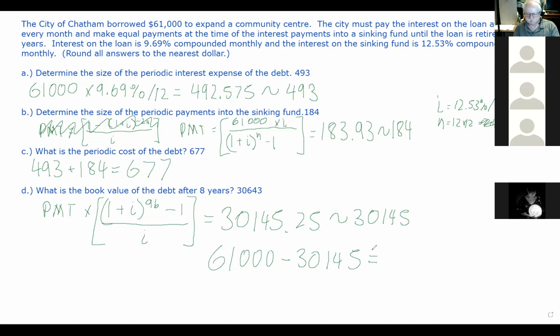So 61,000 minus 30145, and that's giving us the answer we want, 30855. So Gurminder, does that help seeing it done both ways? The third way we could do it is we could actually set up a schedule in Excel and